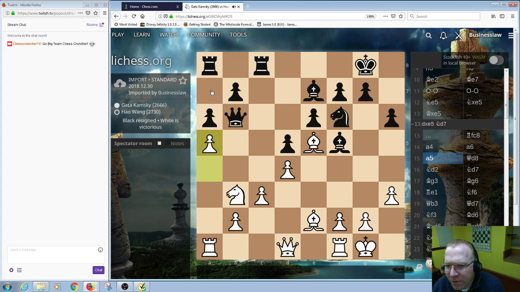a6, a5. Knight, queen d8, and now everything's developed, but black has more of a cramped position. It's kind of funny. It's like, what are you talking about? Yeah, this pawn right here on